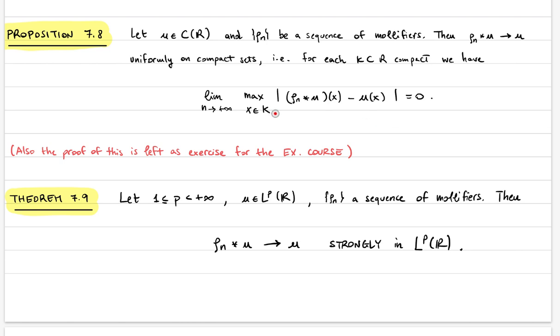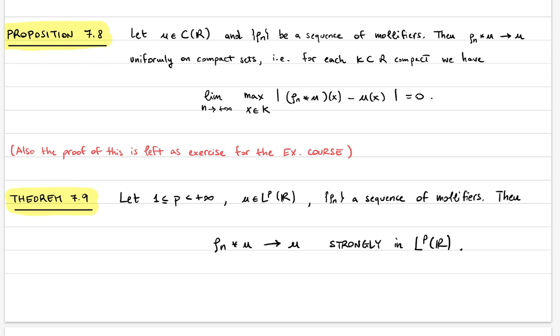So this is just saying this is the uniform norm of rho n convolved with u minus u on the compact K, and I'm just saying that this uniform norm has to go to 0 as n goes to plus infinity. So as you can see, this is your first hint to the fact that convolutions are useful,